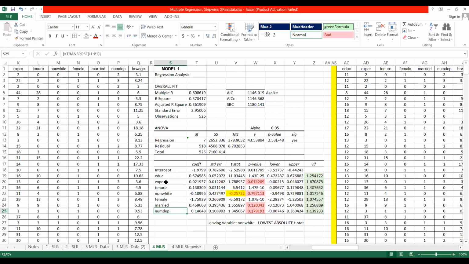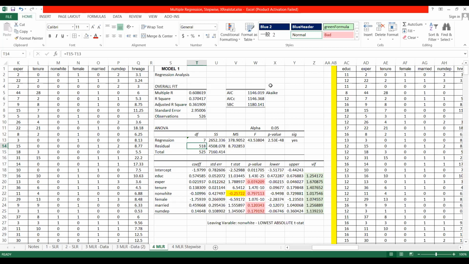In other words, sinasabi natin dito na wala dito sa mga regressors natin ang significant para i-explain si hourly wage. And we learned how to compute this. The degree of freedom for your regression is the number of regressors, not counting yung intercept, no? So from education to number of dependents, pito yan, kaya pito to. So si residual, guys, yung degree of freedom na residual is n minus k minus 1. Okay, n minus k, k refers to your number of regressors, which is 7, minus 1, so that gives